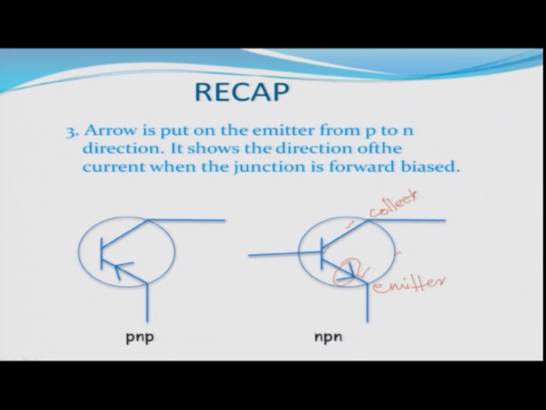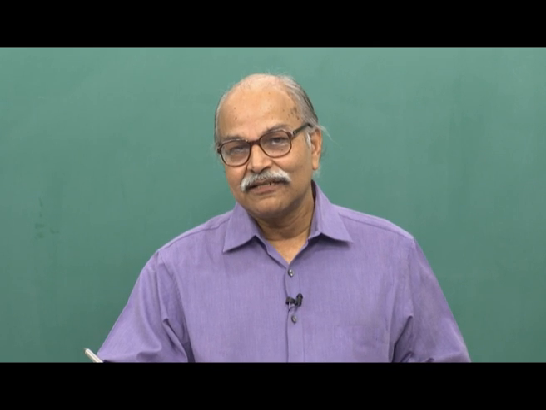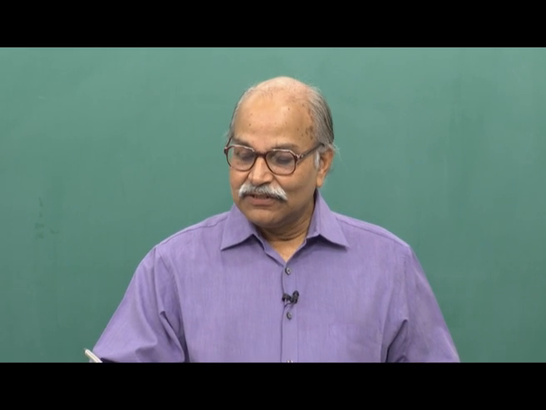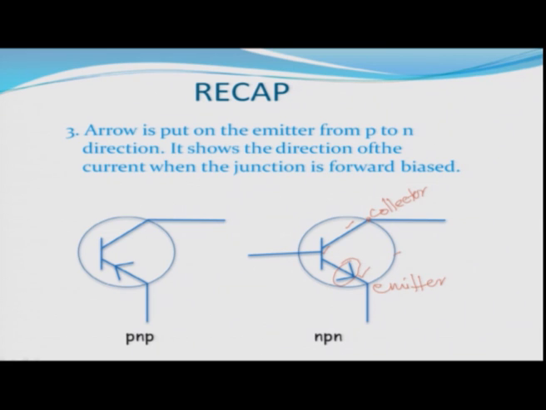You have metallic contacts, so that outside batteries, resistances, capacitors can be joined at base or collector or emitter. So, you have those junctions from where you can join your external circuit, and this arrow tells whether it is